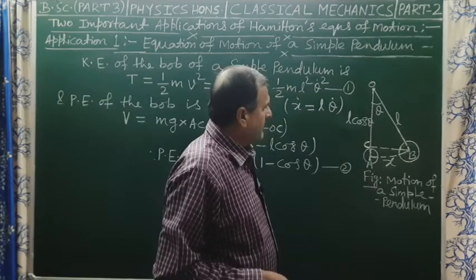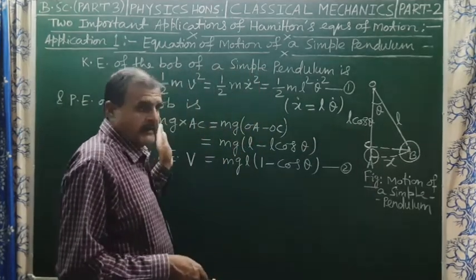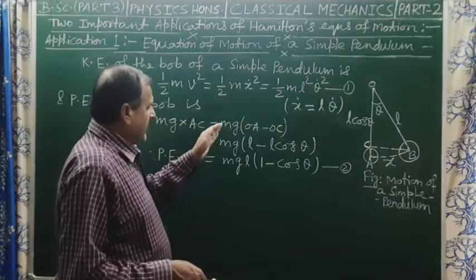Therefore OC is equal to OB cos theta, that is L cos theta. So potential energy of the bob is V equal to mg AC, equal to mg (OA minus OC),